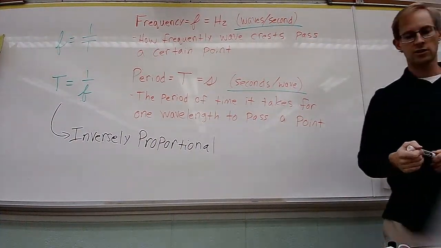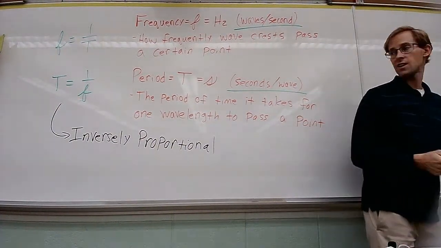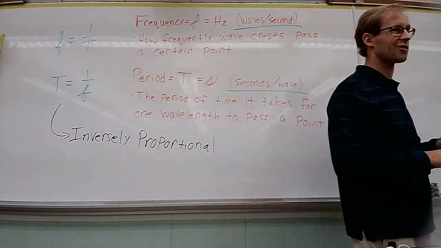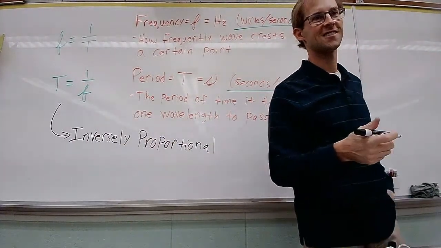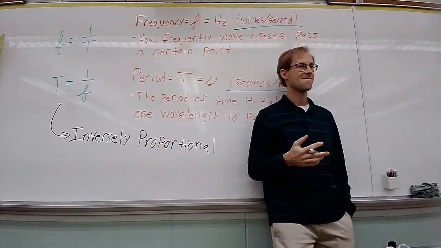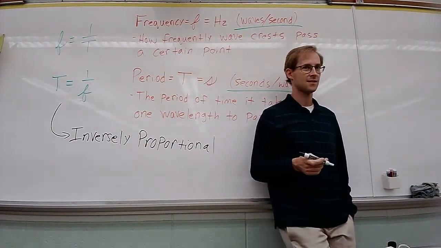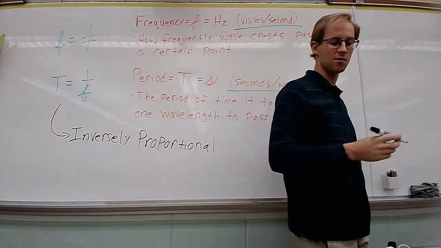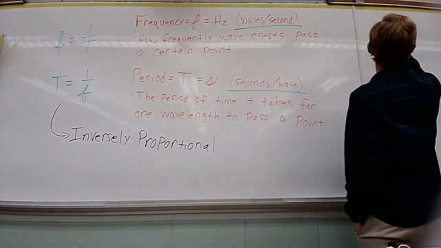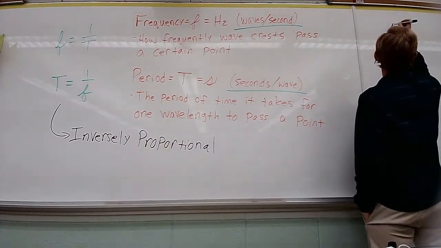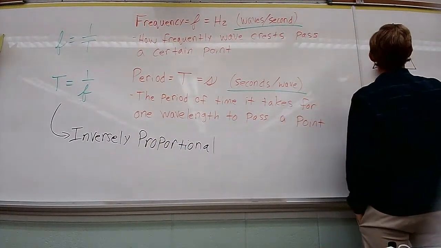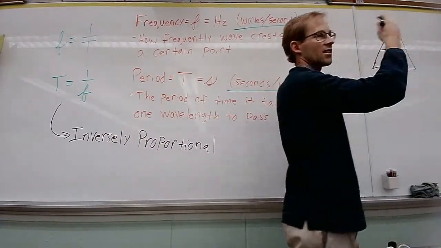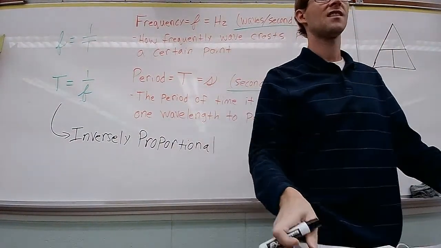Now, of course, there's another type of relationship out there. If it's not inversely proportional, it could be the other one. Anybody know what that one is? So it starts with a D. Yeah, directly proportional is the other one. And that is a way to describe an equation that you need to know. You guys are familiar with the triangle relationships between variables, right?